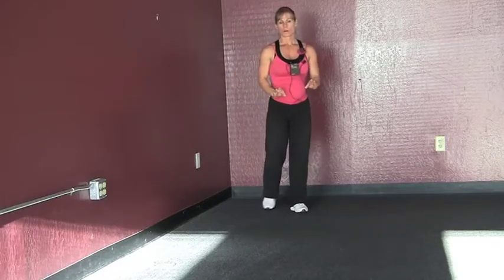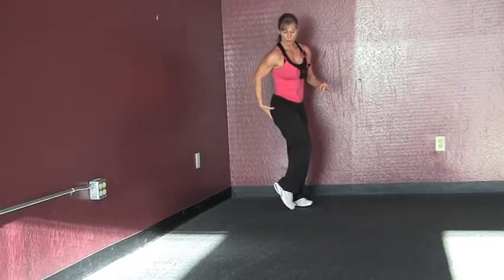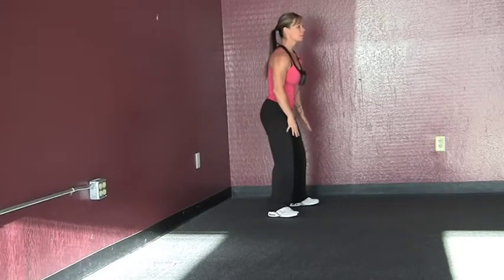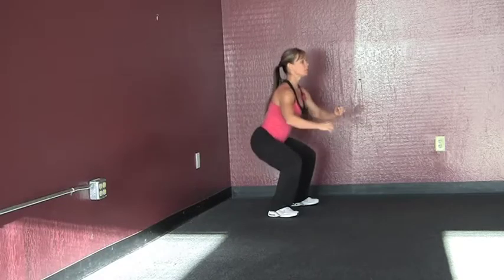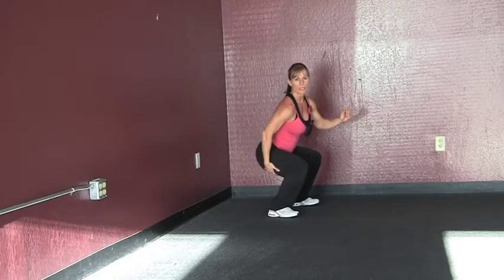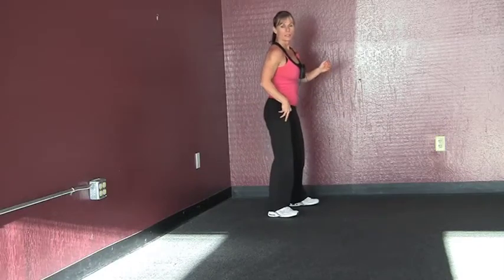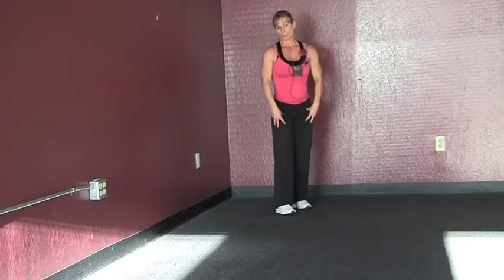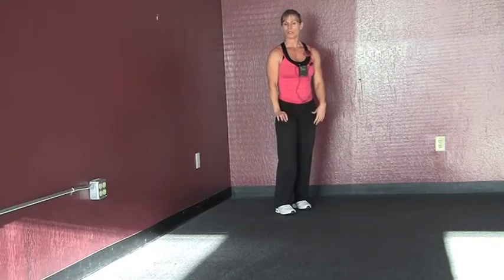And same thing with these. The deeper you can squat down, the more it pulls in the backside too. So if you're just going right here, that's mainly here. If you can go a little bit deeper when you push up, the first part of the push off the bottom comes from here, and then it shifts back to here. So you get more out of it, or pull in more muscle groups the deeper you go, but sometimes that's not